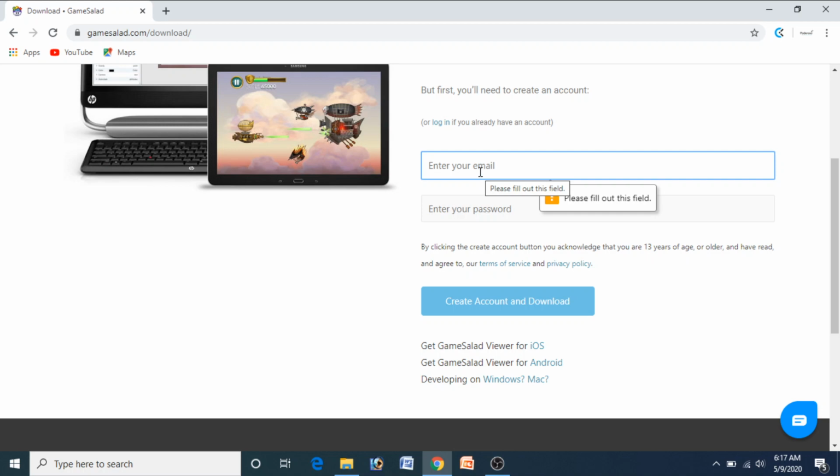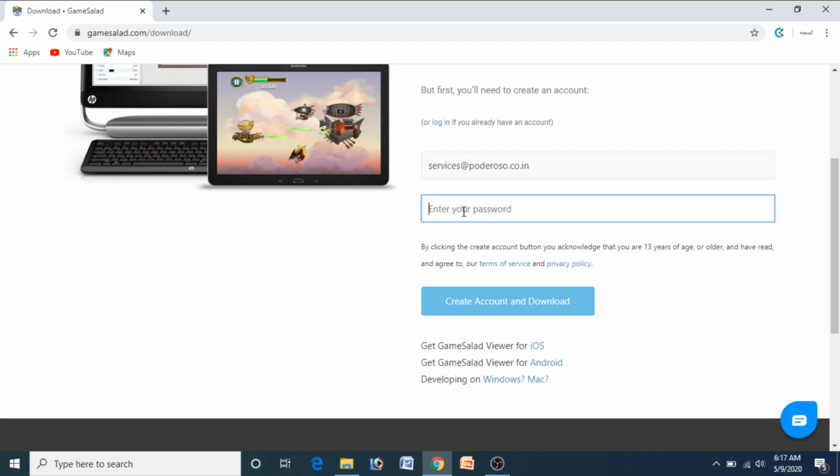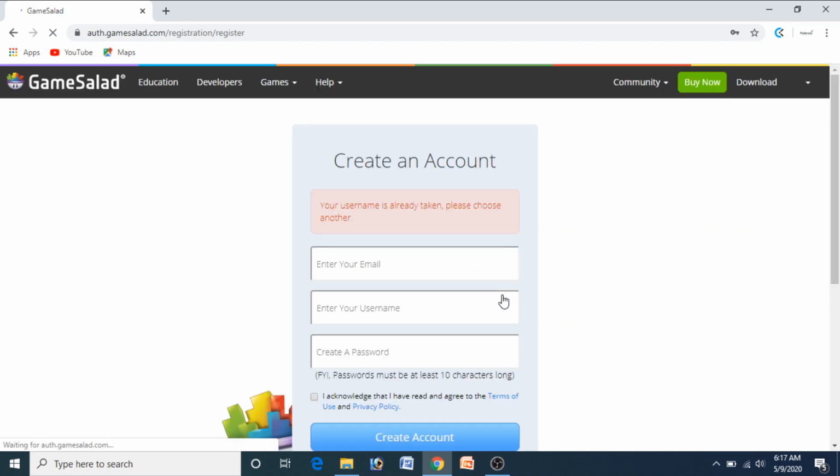The account is services at the rate food ratio dot co dot in, and the password. I have entered a mail ID and a password. It says the username is already taken, please choose another.